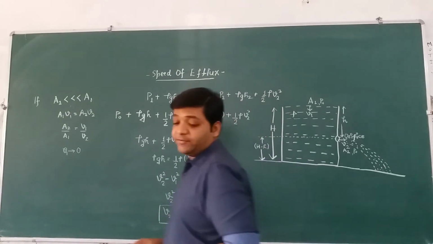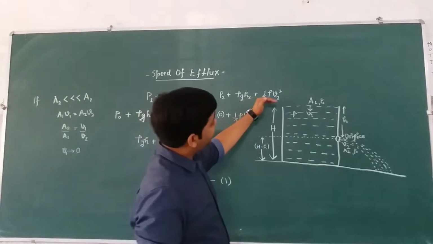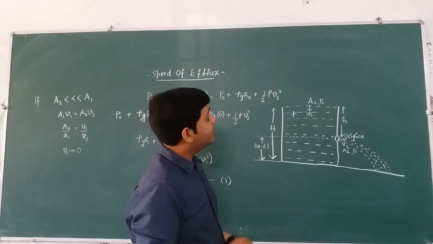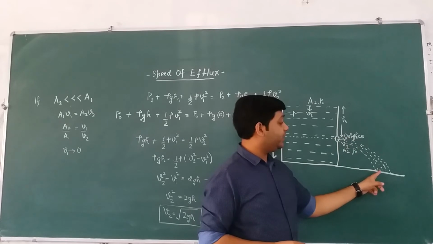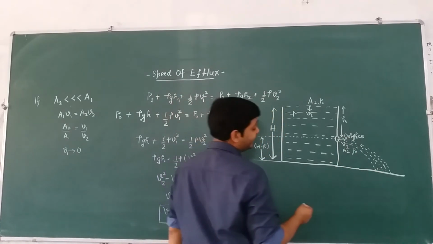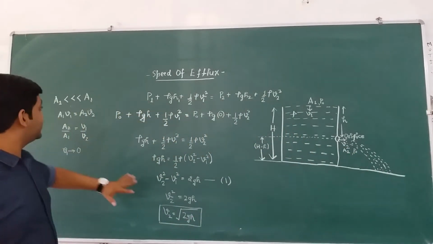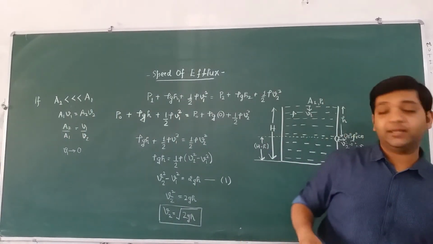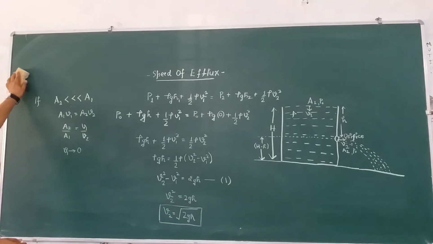So now suppose the upper surface of the liquid is at height capital H. If somebody asks us the time taken by the efflux to reach the ground, that is one question, and another question that can be asked is the range of this efflux. So now I am going to erase all this and we are going to calculate the time taken by the efflux to reach the ground and the range of efflux. Fine. So I am erasing this.